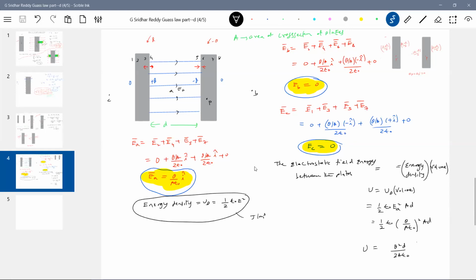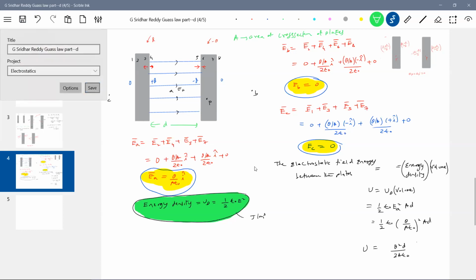Okay, one formula I introduced is called energy density, which is equal to half epsilon naught E square, the electrostatic field energy per unit volume. If you know the energy density, use this formula. If the electric field is uniform, directly multiply energy density into volume. If the electric field is non-uniform, then we assume an elemental volume, first find out the energy in that elemental volume, then integrate to get the total energy in that region. Okay, what was the condition? The plates are given equal and opposite charges. Okay, let's try other conditions. If I give some